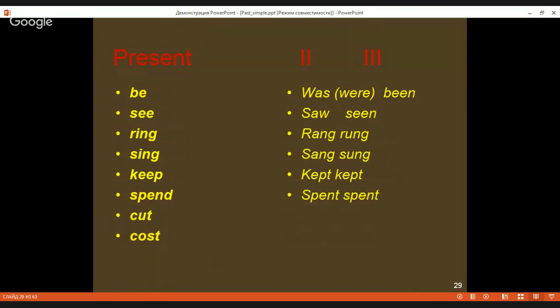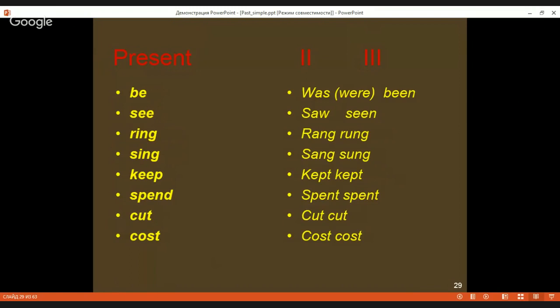And talking about cut and cost, I hope you all remember, those are our favorite irregular verbs because all the forms are the same. Cut, cut, cut, and cost, cost, cost. Actually, one of our students has asked a question: what is the difference between the second